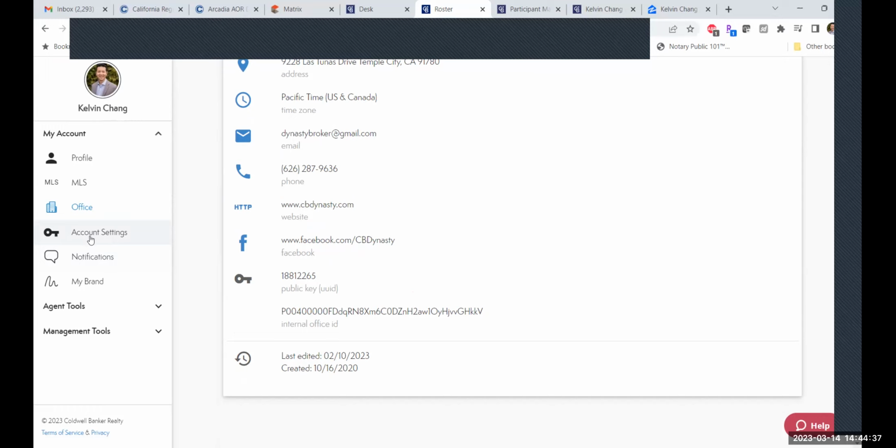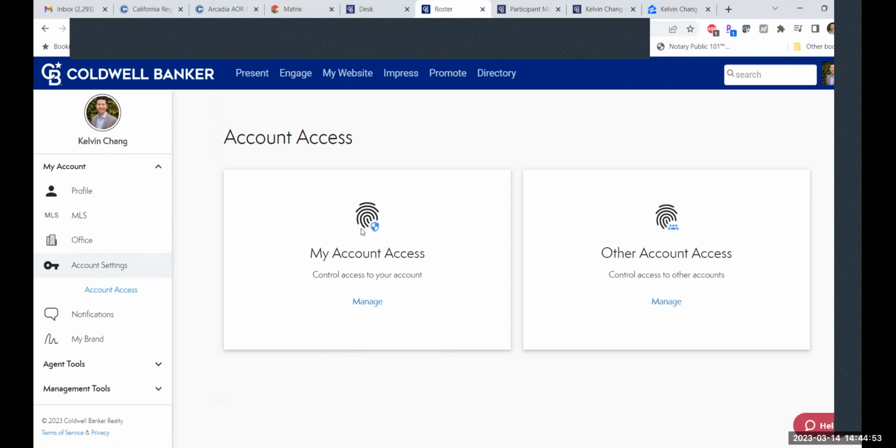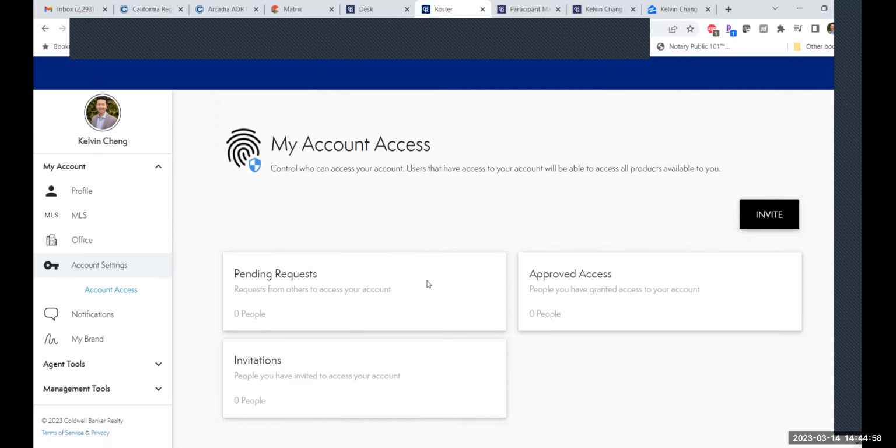Some people don't want to keep a personal Facebook. So that's why I tell everyone, if you want to keep your personal separate, then you create a business only Facebook. If you want to, that's up to you on your own social media. The next thing you want to do, I mean, access and all this stuff. This is all just if you want to create extra layers of